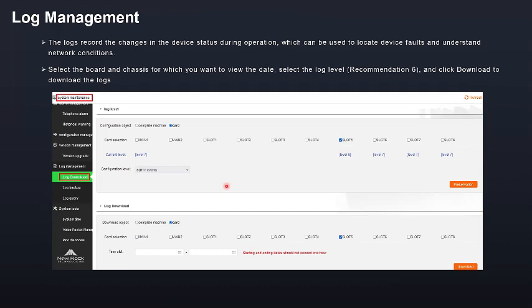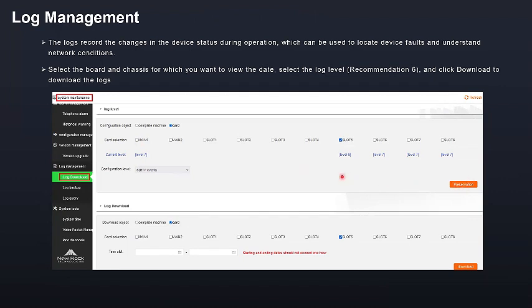Okay, with regards to log management, it is very important because you can also select the card. Just go to system maintenance, log download. Then you can select the card from slot 1 to slot 8, and you can define the log level in general. Define that, then click preservation.